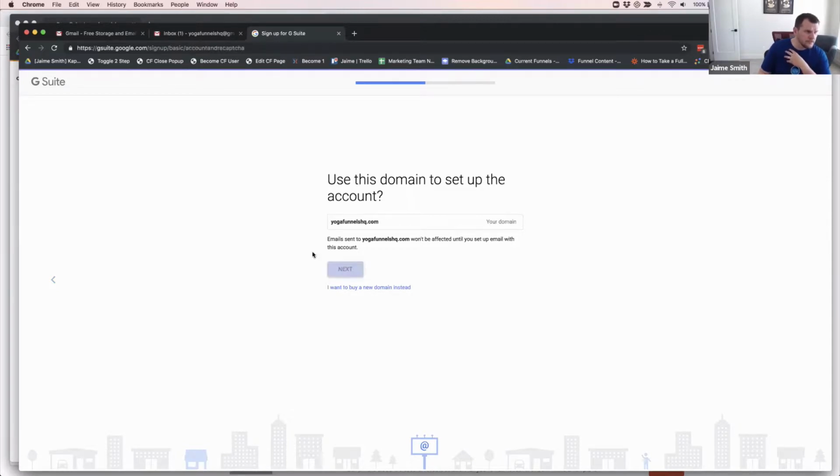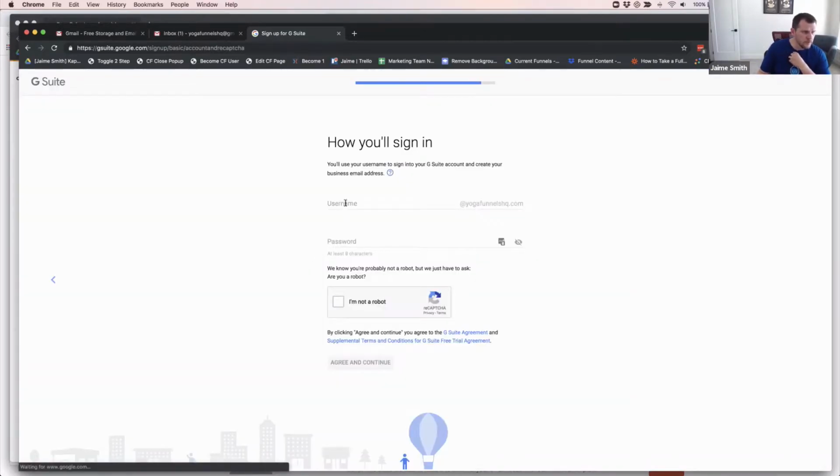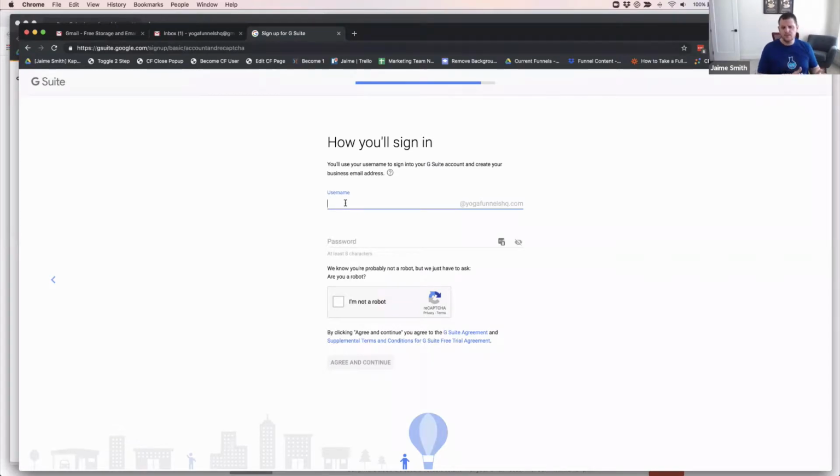We're going to go ahead and click next, and it's going to step through and help us set up the DNS records so when somebody sends an email, it goes to the G Suite service, it goes to the Gmail service and delivers that email to our inbox. So I'm going to set up, I want to start with